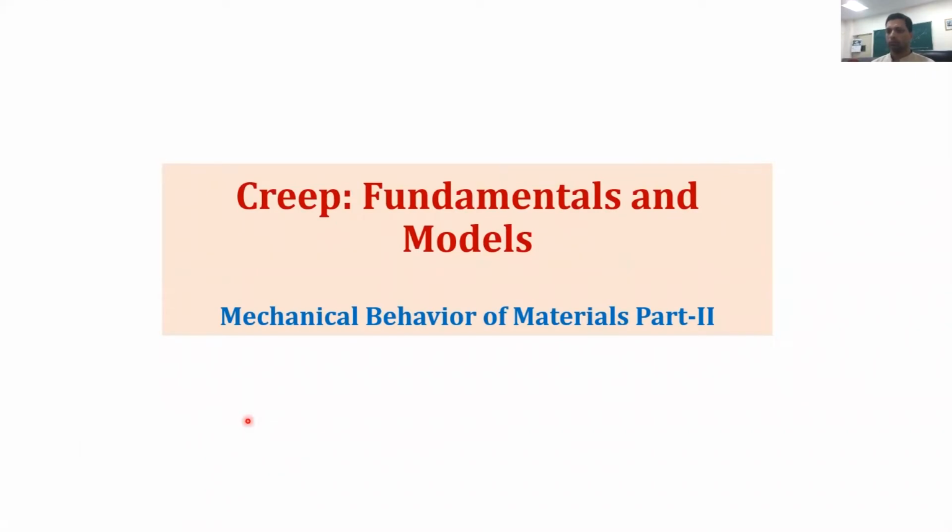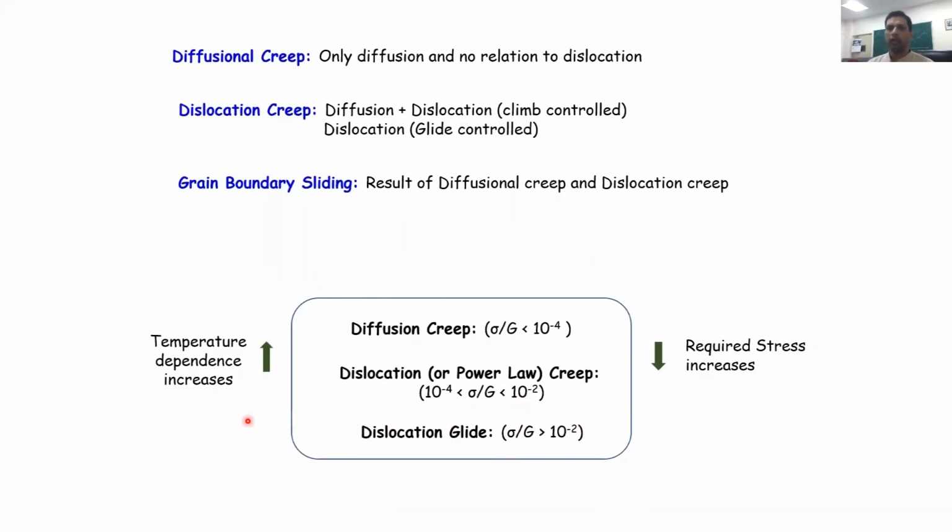Welcome back, students. So now we will go into the couple of mechanisms that are there for the creep, and we will understand their formulation. Okay, so like we said in the previous lecture number 26, that there are primarily two types of mechanisms: diffusional